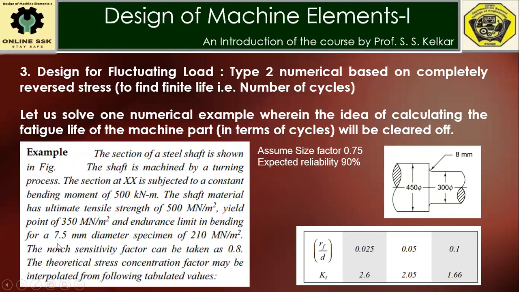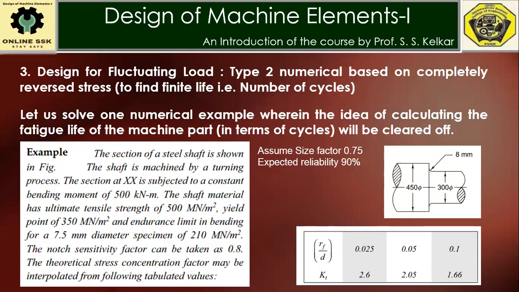Moore's standard rotating beam bending stress fatigue testing machine. So here, what is the endurance limit for the specimen, or the endurance limit for the material, Se dash? That value is specified as 210. Otherwise Se dash is assumed as 0.5 times Sut, but here they have given us the value of Se dash directly.